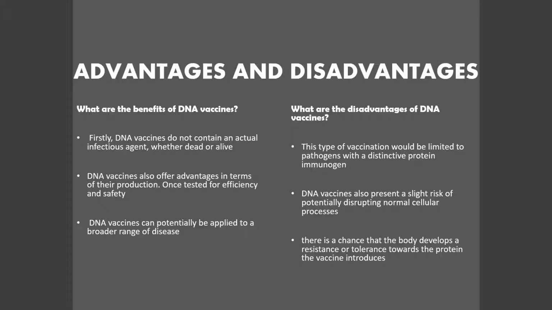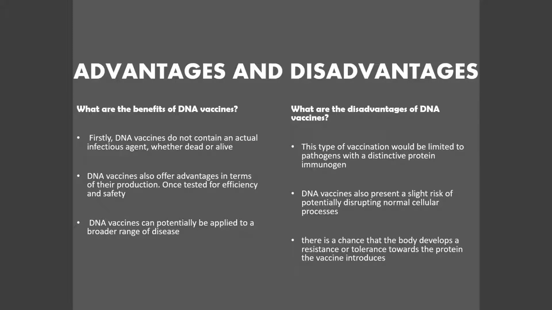Firstly, DNA vaccines do not contain any actual infectious agent, whether dead or alive. One of the classic methods of vaccination is the introduction of a live but weakened version of a pathogen into a person. This has proven effective thus far, but does offer some distinct safety concerns. The risks of reversion, for example, where the vaccination strain mutates and becomes virulent, is one such issue, as is the fact that these vaccines cannot safely be used in people who are pregnant, elderly, or suffering from any one of a number of chronic diseases.